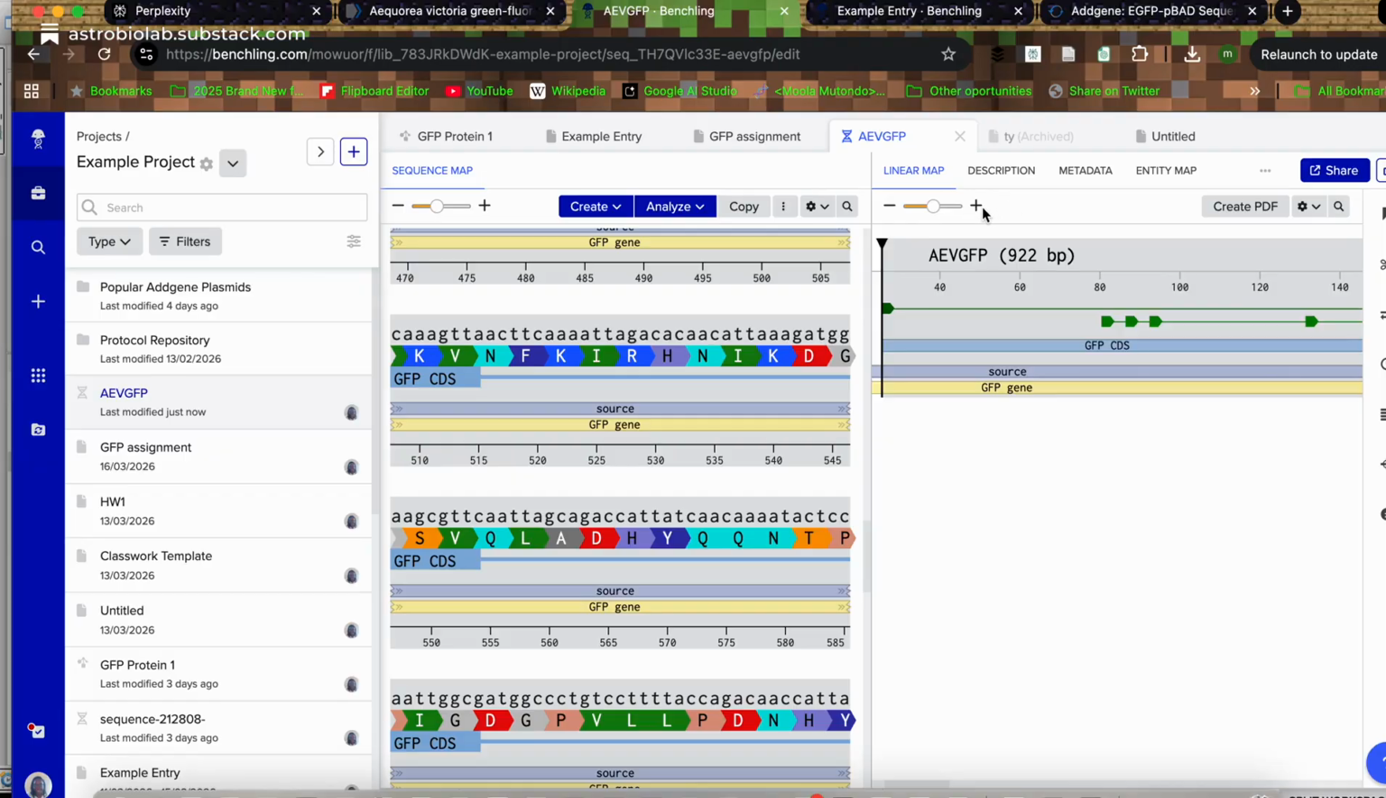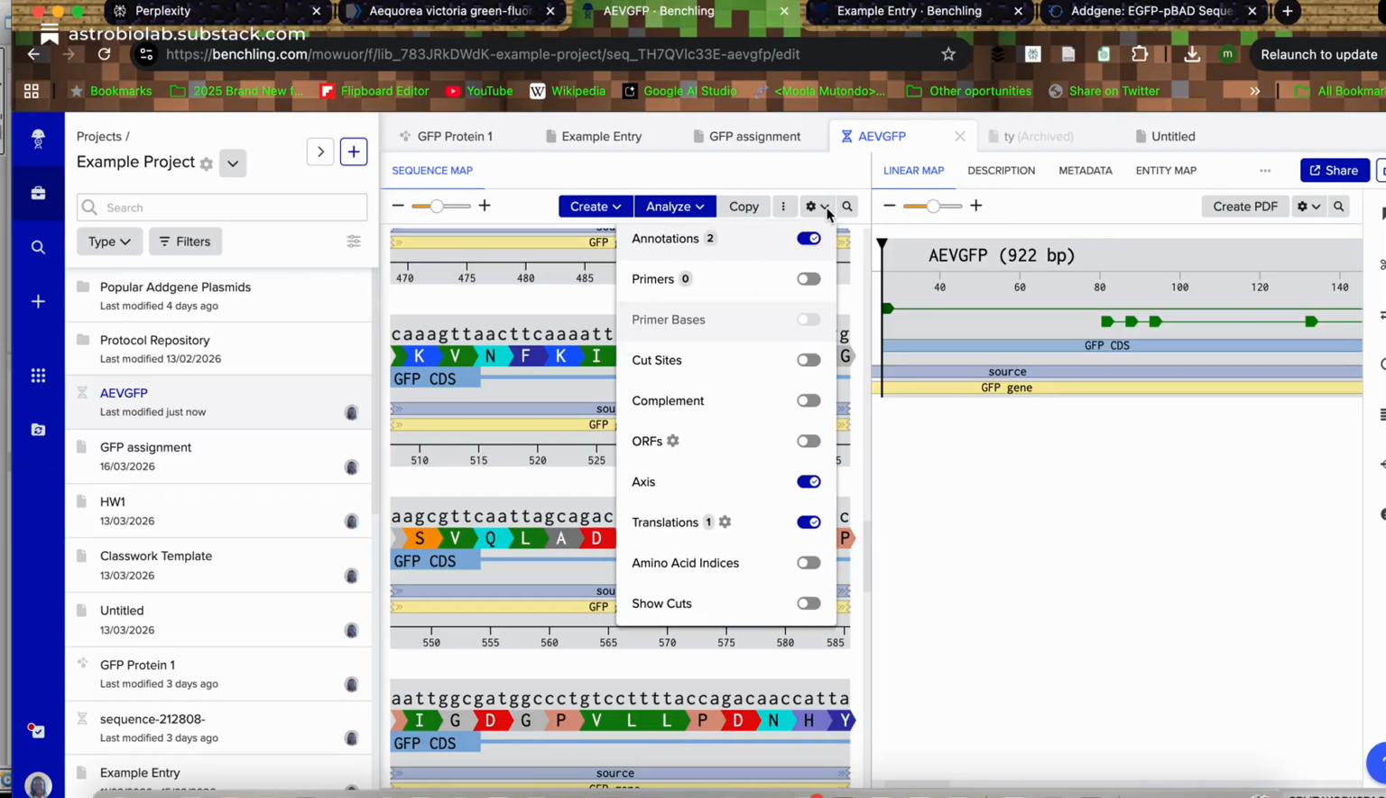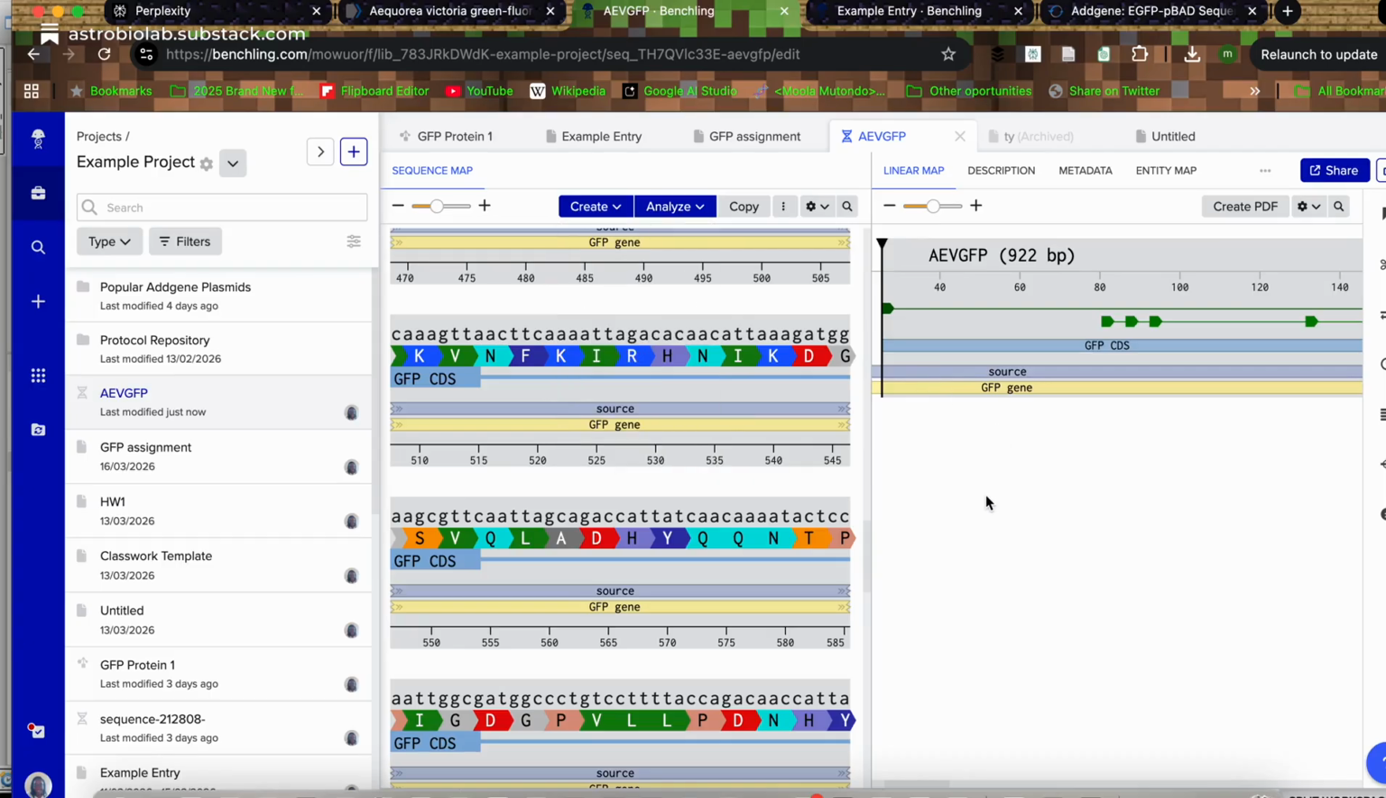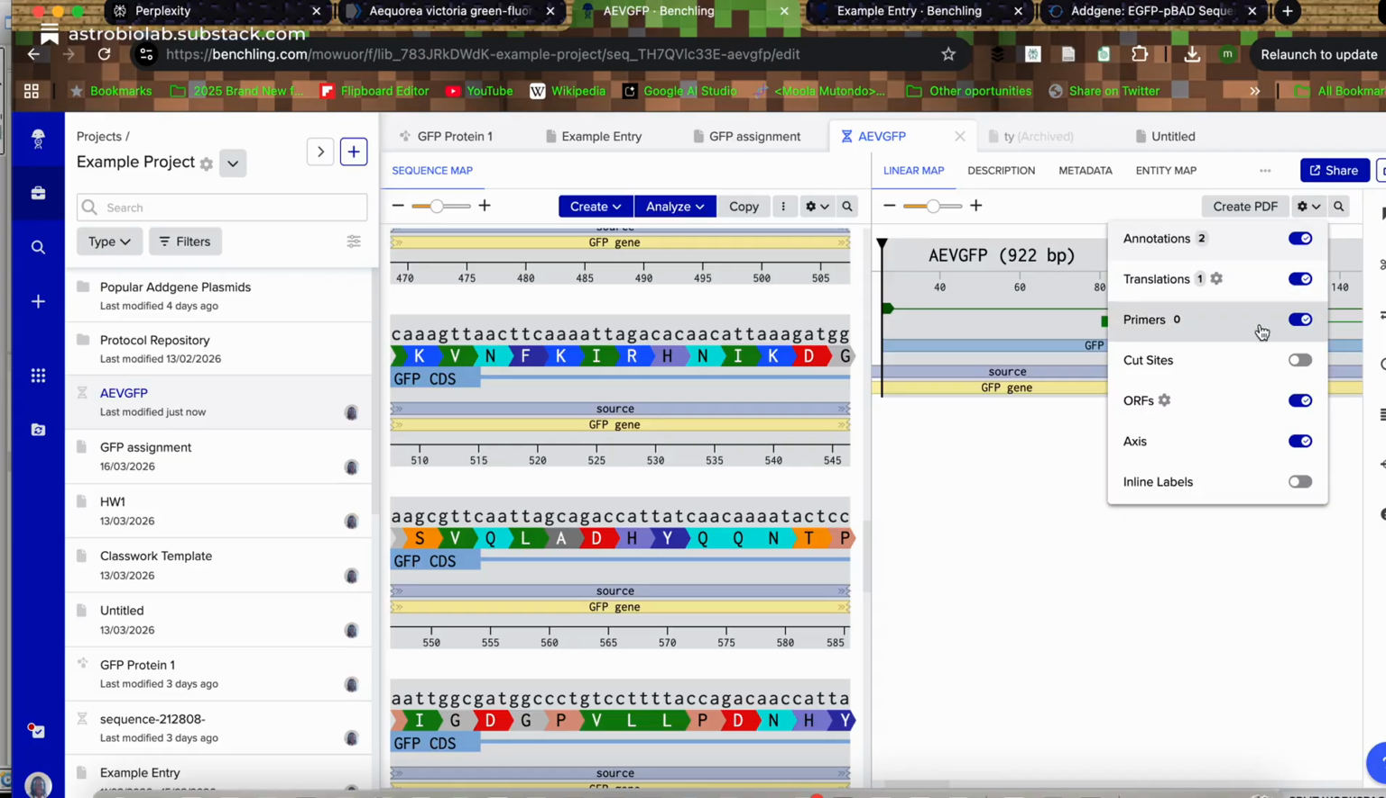And then you can also add new annotations. So here where it says create, you can create a new annotation, meaning if you want to put in something like a stop codon or a restriction enzyme site, you can do that using this, and we'll learn how to do all that. So for now, if I'm finished with this, I would download that,